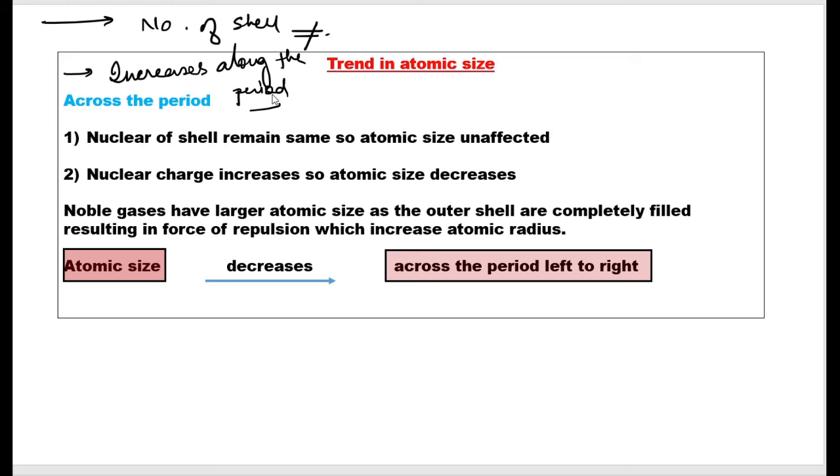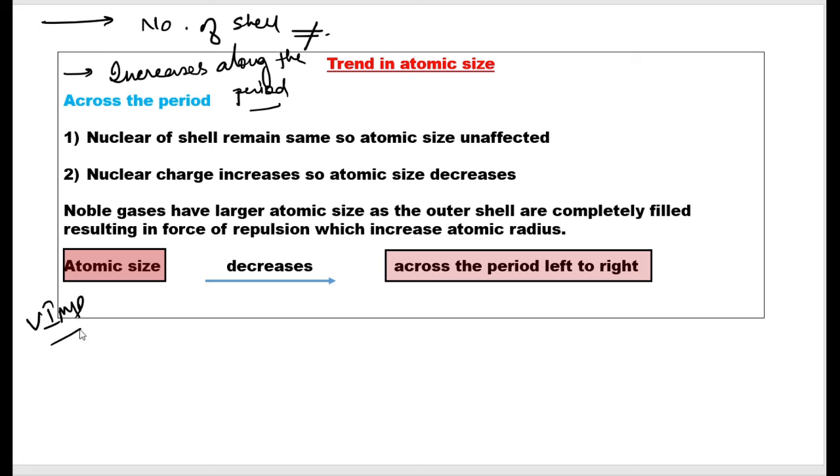Such a simple concept. Now as the nuclear charge is increasing, the electrons will be pulled more strongly towards the nucleus, a stronger attraction will be there, which will pull the electrons towards itself, and the size of the atom will decrease. Simple. But one thing very important